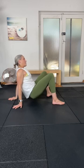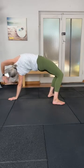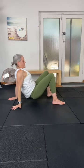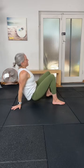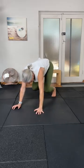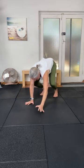Place the hand down that was up and bring the other hand up in front of your face and bridge up to crab reach. And then you're going to come back down, place the other hand down and lift up the hand that was down to pivot on the ball of your foot back into this forward down facing position. Walk your hands back,